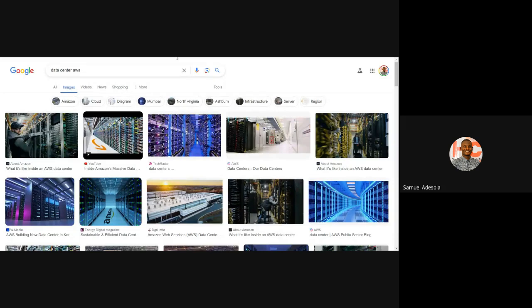So there are different types of cloud. Cloud is basically some kind of other computer sitting somewhere that you can always access anytime. There are different things that you can do with the cloud. We are going to be seeing all those ones. And as I mentioned, I'll be going over the basics because the challenge is already covering the basics. If you have not joined the challenge, don't forget the link is on the group. Just join the challenge and click on join challenge. You should be able to have access to some basics and some theories around what I was talking about around cloud computing, what you can do with cloud computing and the likes.